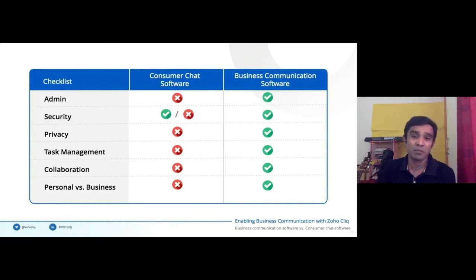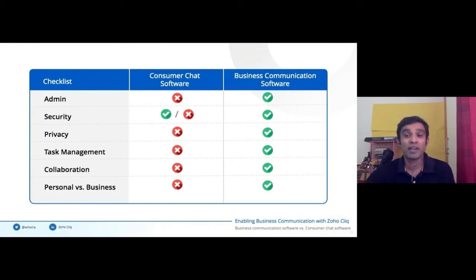Third point is privacy. Privacy is less about protecting data from malicious threats. It's all about using it responsibly and in accordance with the wishes of customers and users to prevent it from falling into the wrong hands. Your data should be safe in your hand and no one should access it without your consent. A business communication software should have security and privacy features at a top-notch level. If you see the difference between the second and third point, security and privacy, security is all about protecting your data and privacy is all about